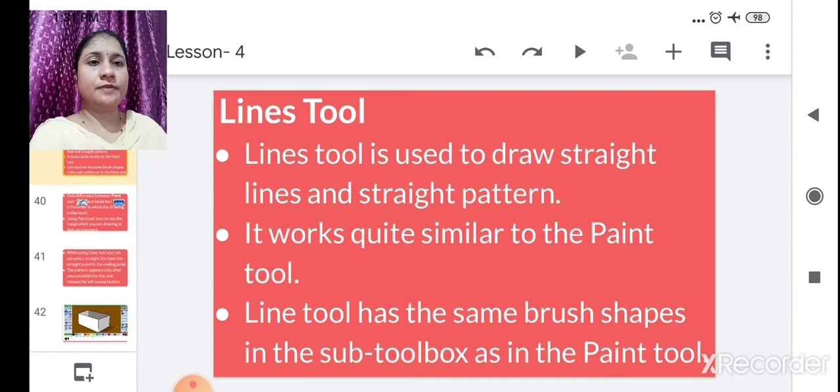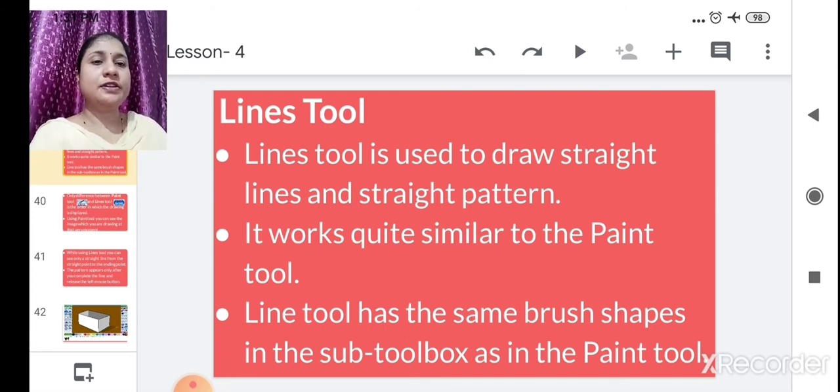Lines tool is used to draw straight lines and straight patterns. It works quite similar to the pen tool. But using the pen tool you can draw anything, while with the line tool you can't draw anything but straight lines. If you try to draw, only a straight line will form.